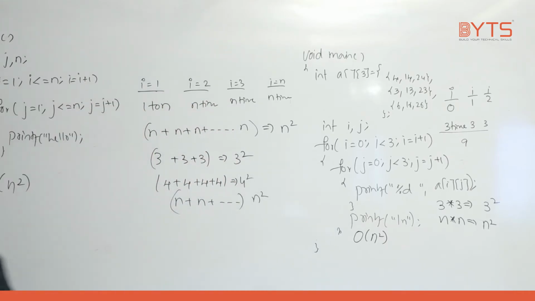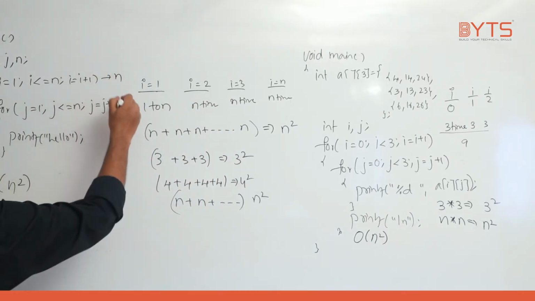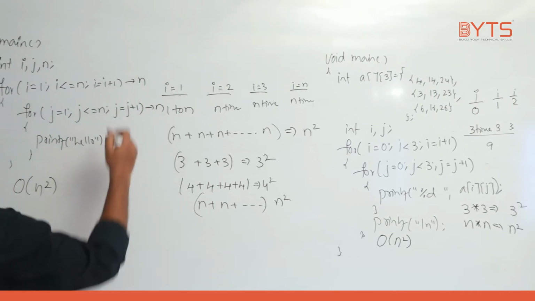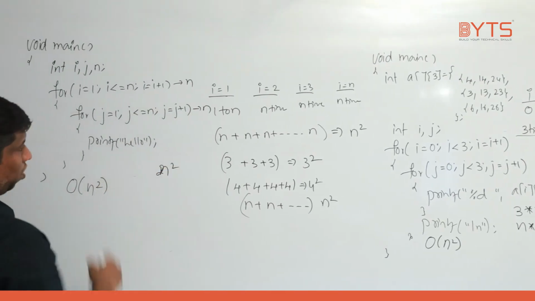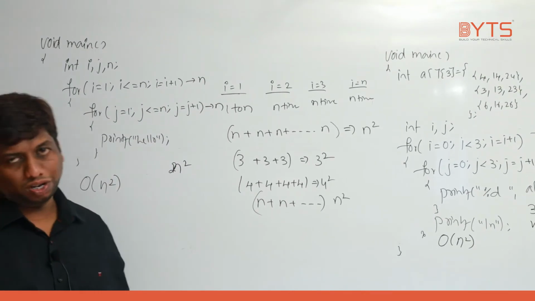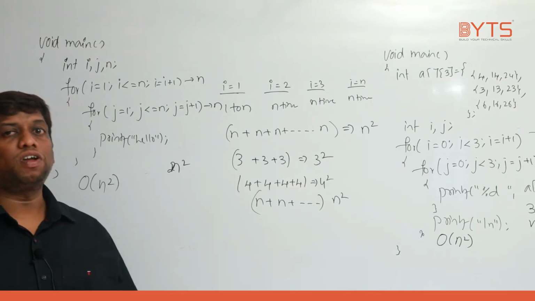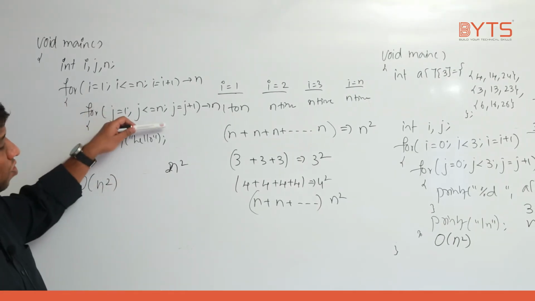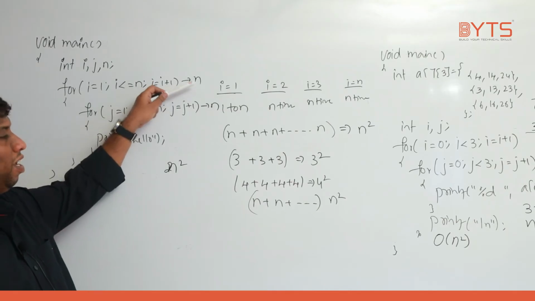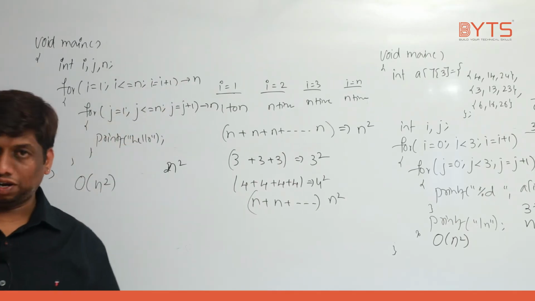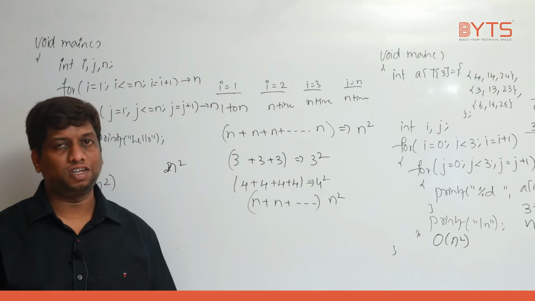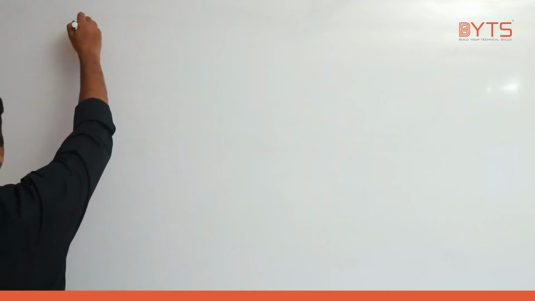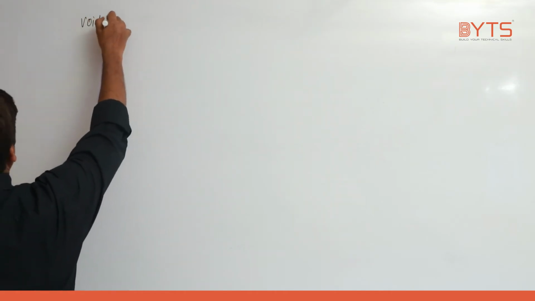Try to understand. This loop repeated how many times? n times. This loop repeated how many times? n times. n into n will give you what? n square. That's it, right? Simply, a straightforward shortcut I can also use, but shortcuts are used for verification. This loop is repeated n times and this loop is also repeated n times. n into n will give you n square, right? Fine. Next we will see some other example. Okay, fine. Now we'll take one more example and explain that. See here. Void main.